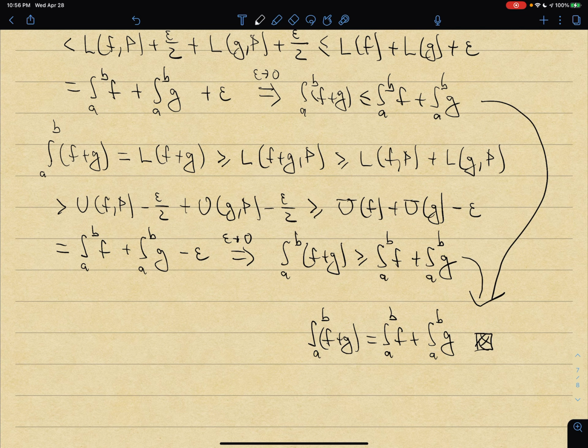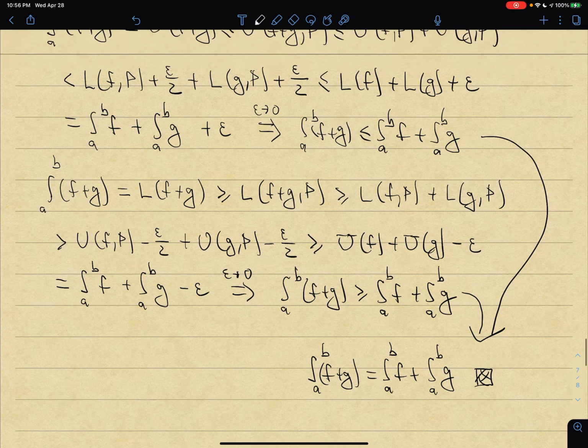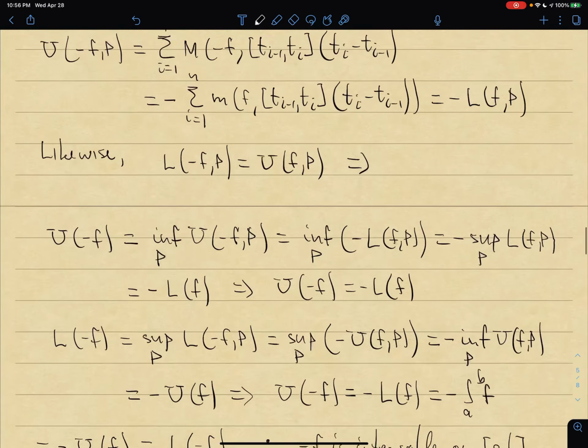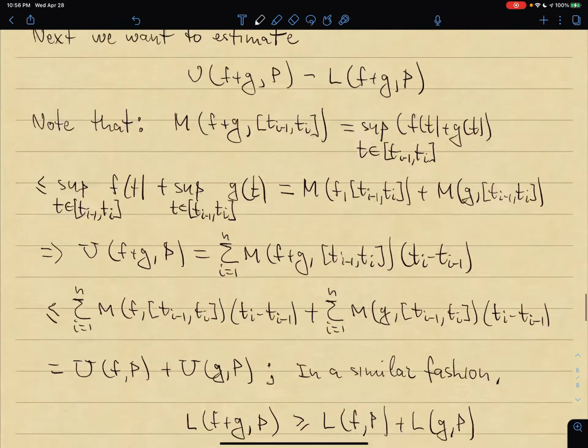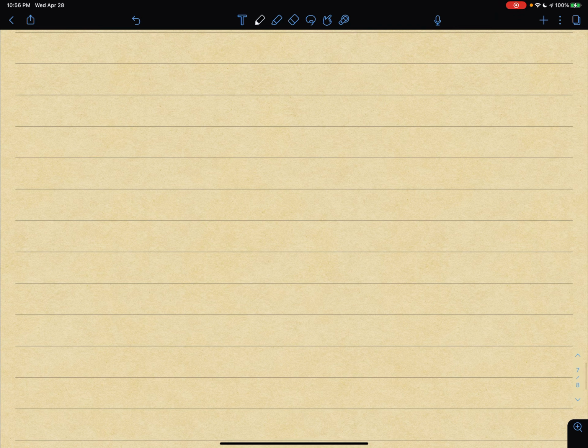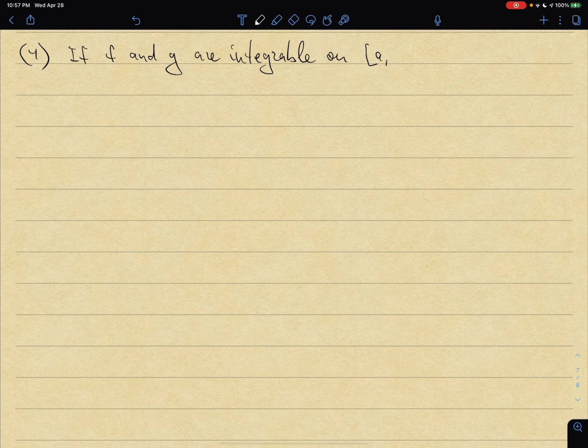Okay, so we move on now to the next property. And the next property is going to be, let me see how I labeled this one. Okay, so this would be property 4. It is going to be the following. If f and g are integrable on AB,